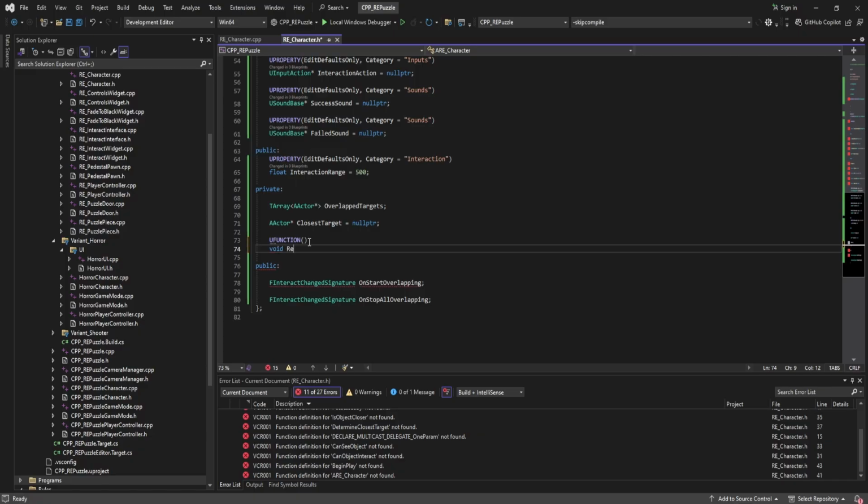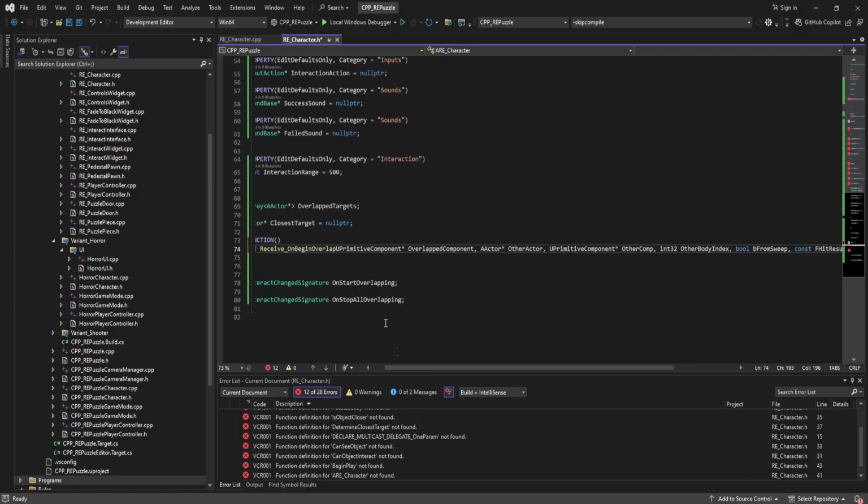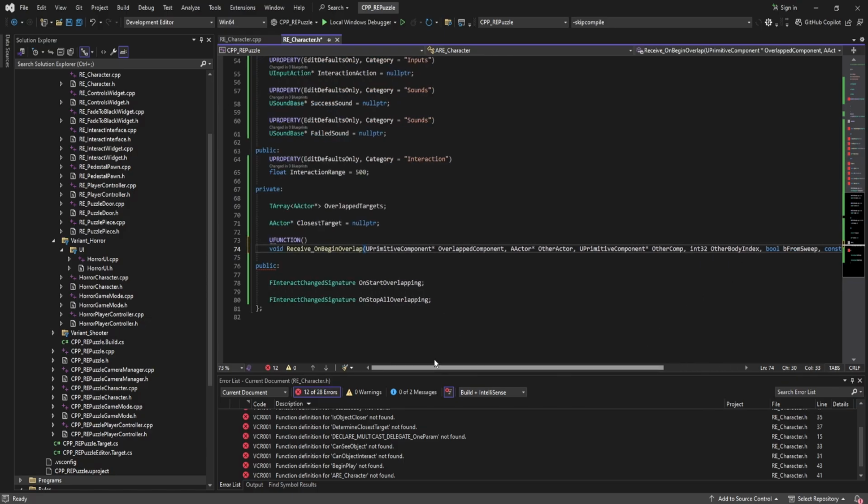So void receive, as usual, on begin overlap. And I'm going to copy this over. I'm going to leave it on screen for a second because it is a lot. So make sure you copy this exactly as it is, otherwise you'll get an error. So it needs to have all of this. So I'm just going to put a parentheses back here, and we're going to go through it one by one. So we have begin overlap, and this you can name anything, but on begin overlap is what it's going to